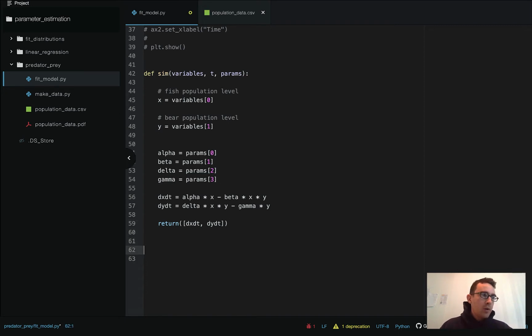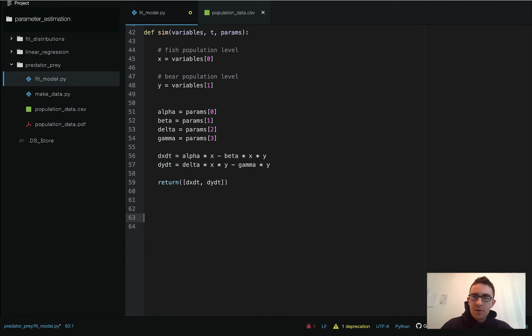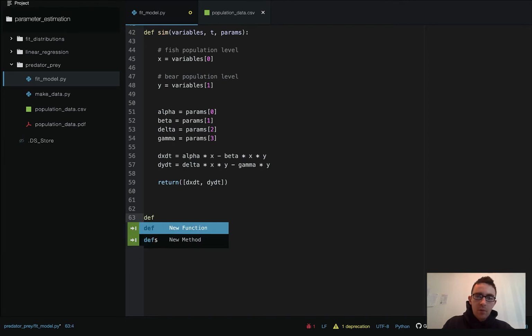Okay, so now we're getting to the point where we're going to actually start to define a loss function to measure our model's loss for some set of parameters when compared to the data. If you guys have been watching my previous parameter estimation videos, this should be a little bit of a review. But I think it's good to do this to get more practice with different models. So we're going to write this again from scratch so you guys can practice writing these loss functions. We're just going to call our function